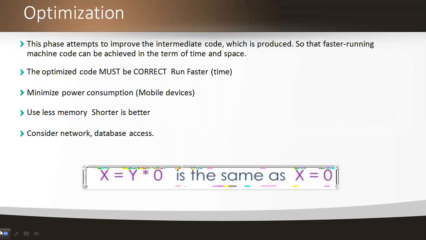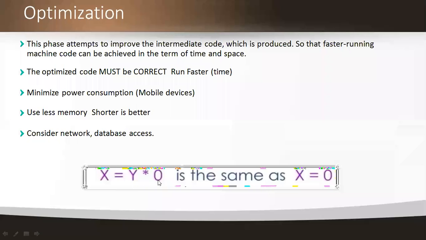See here we have an example: x is equal to y into 0. This is a 3 address code format. In x is equal to y into 0, the resultant variable is x. Now I'm performing an operation with the operand y. If I give a value for the operand, it is going to be multiplied with the value 0. Then if I give any value in the place of y, what is the output of x? 0. Automatically x is 0. Why? Because it is multiplying with 0.